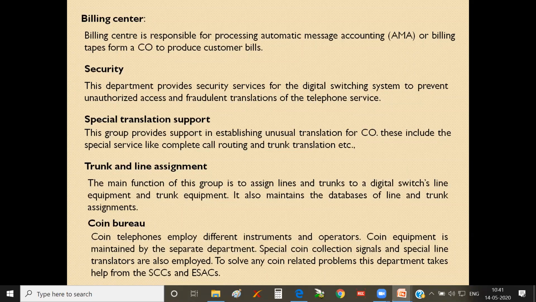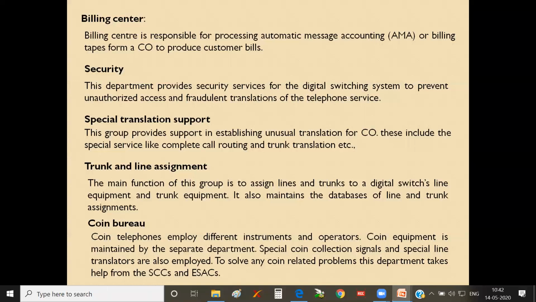Billing center. The billing center is responsible for processing automatic message accounting or billing tapes from the COs, that is central office, to produce customer bills. As we know, automatic message accounting is there everywhere. When you look at mobiles or any other communication devices, as soon as we complete our communication between different subscribers, definitely there will be a generation of bills depending upon how long he has talked with the present customers. That is what the department does, and according to that it is going to provide an automatic bill